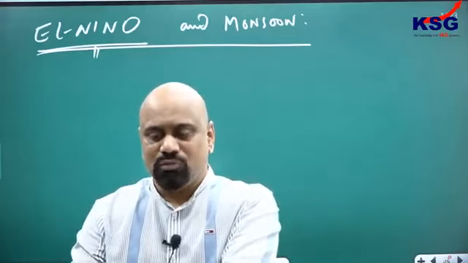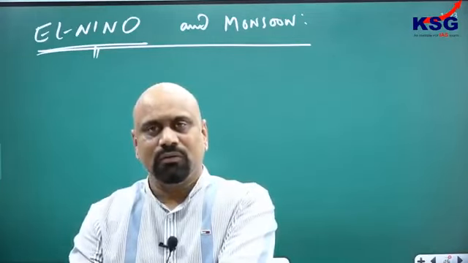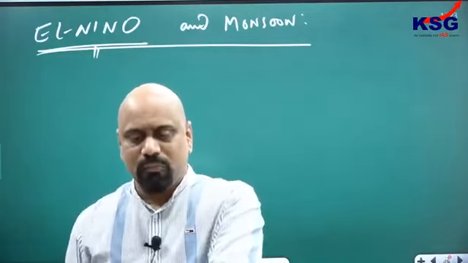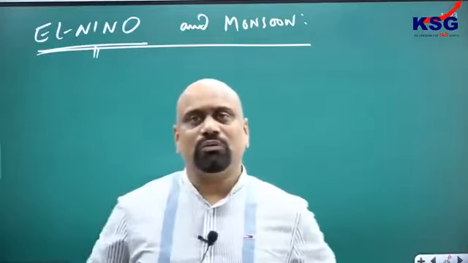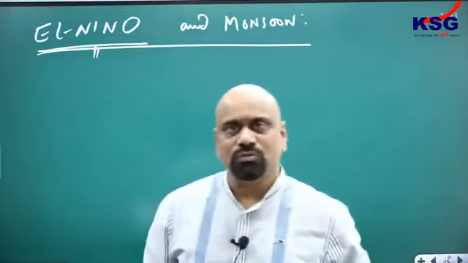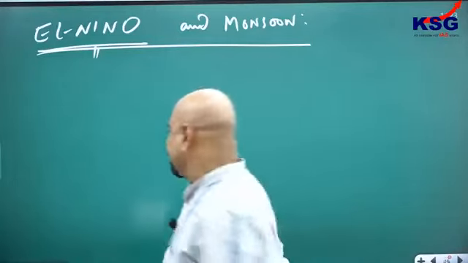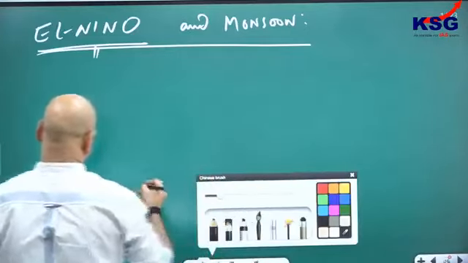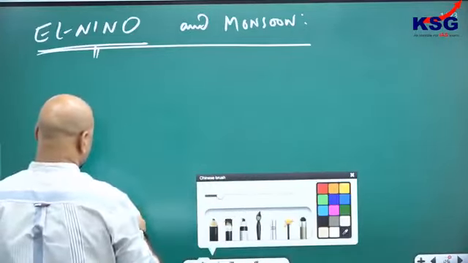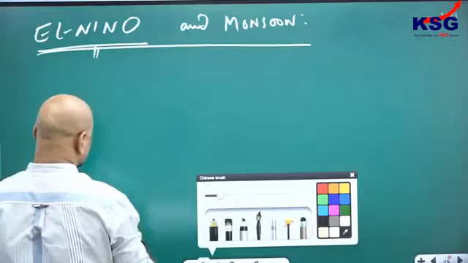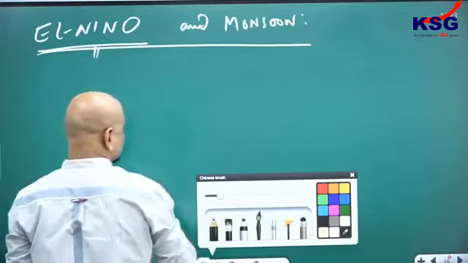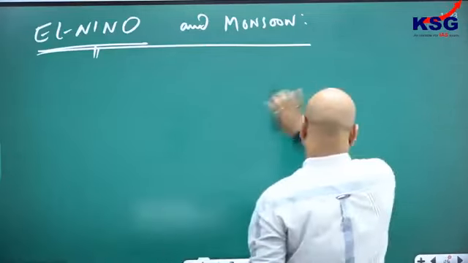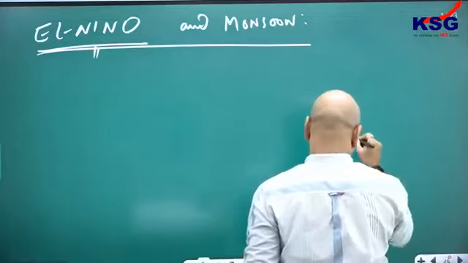These are warm oceanic current which flows from north to south along the Peruvian coast. I hope you remember that. Let me draw this diagram here and tell you certain things on this. If this is the South America here,